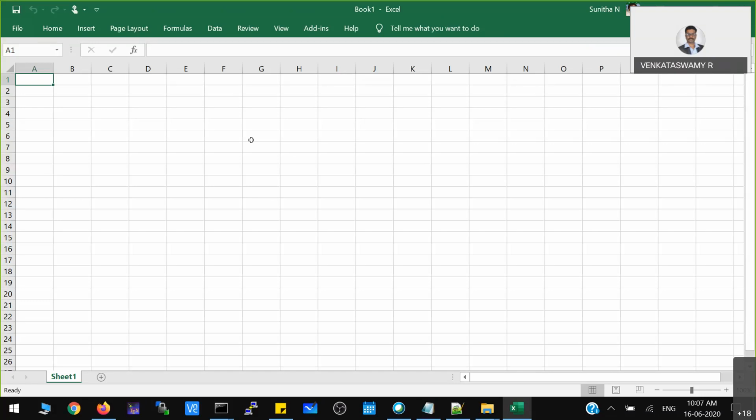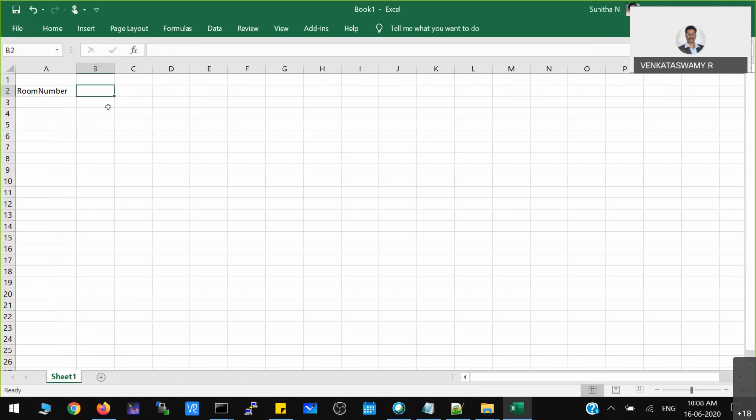So for that, we are taking something like the installed load survey in a campus. So what is installed load? This may be a room number. Room number is basically one column. And also you may store something like total load. Total load means you will be adding all the wattages of every device.